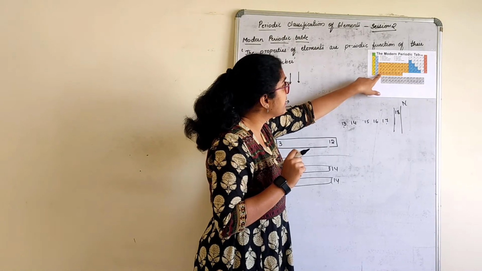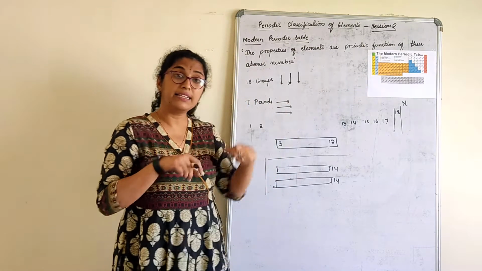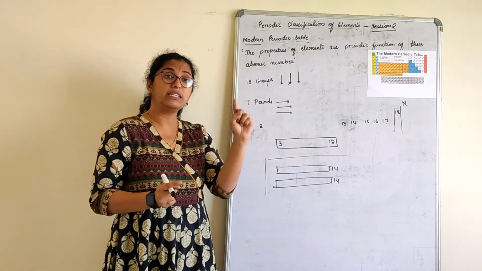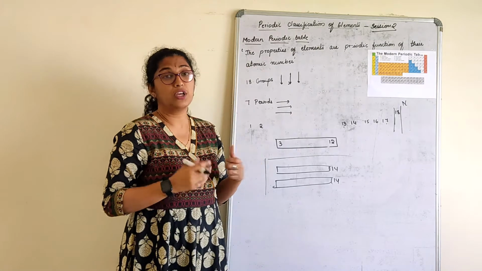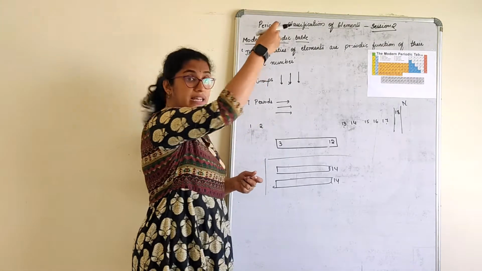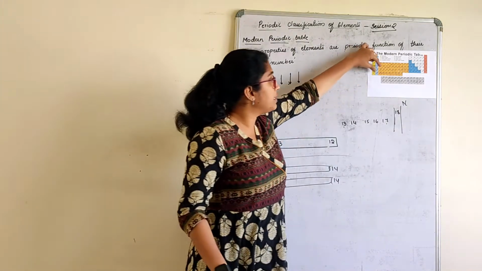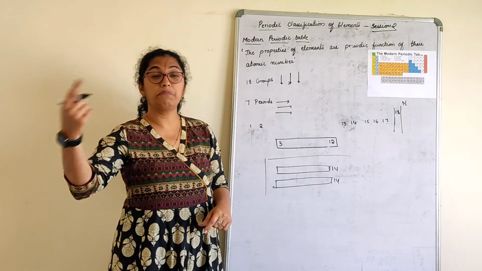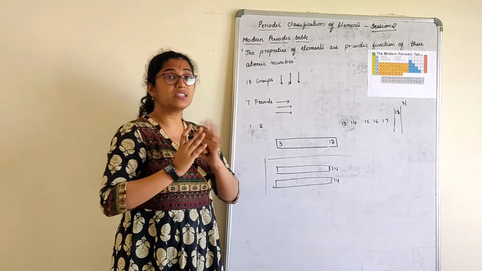Similarly, the very next in group 3 only, 89, actinium. That element also, after actinium, there were 14 such elements which had the same property as actinium. So now what to do? If I place 14 after lanthanum and 14 after actinium, the periodic table would go along only for group 3. It would not match with the other things. It would disturb the whole group.